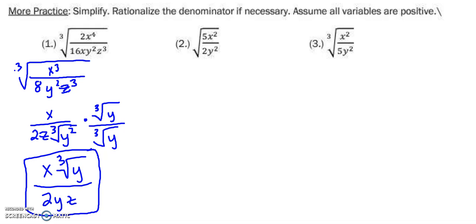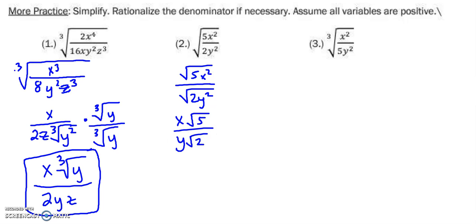All right, problem number 2. Square root of 5x squared over 2y squared. I think here I'm actually going to break this down into radical over radical first. So this is square root of 5x squared over the square root of 2y squared. And in the numerator, I can take an x out. And in the denominator, I can take a y out, since in both cases I have 2 factors